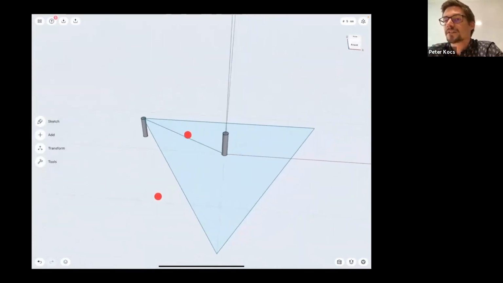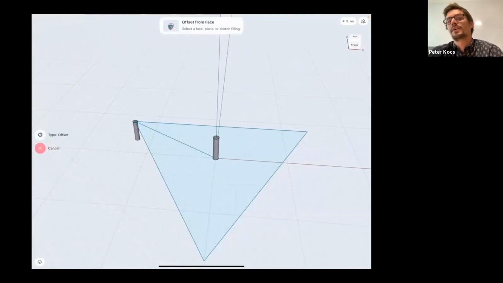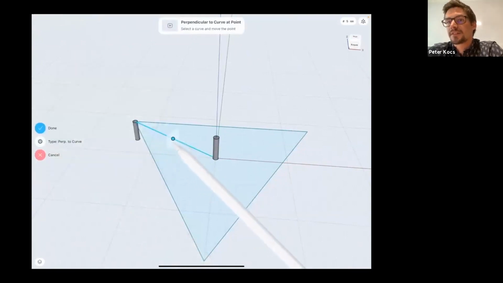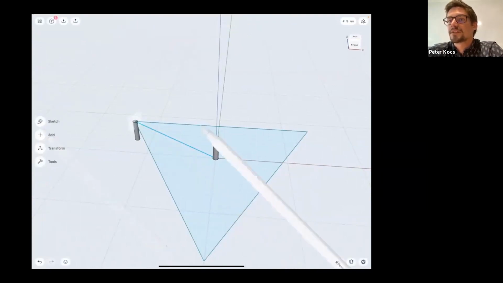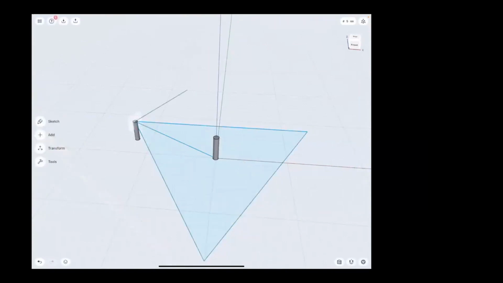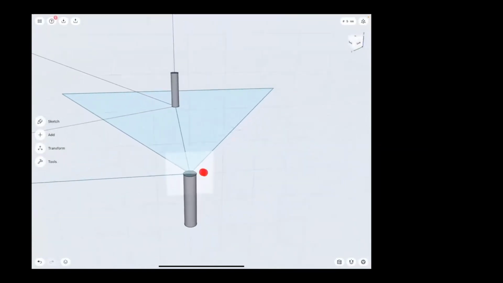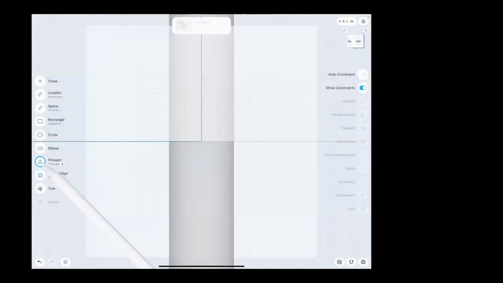I will need to connect those together with a horizontal section. But to do that, I will need to define a construction plane that is perpendicular to the line that connects the 2 circles. After making sure that the plane is perpendicular to the line, I will need one more reference, which is one side projected to the plane. There I have all the references, and I can move on by creating the cross-section of the horizontal channel, which will be a pentagonal polygon to make sure that I will not need any support in the channel itself.